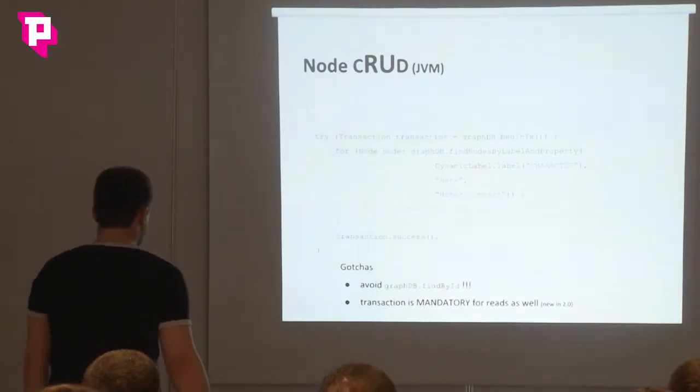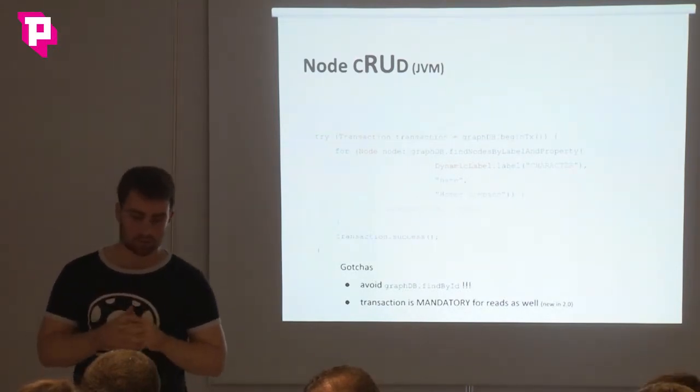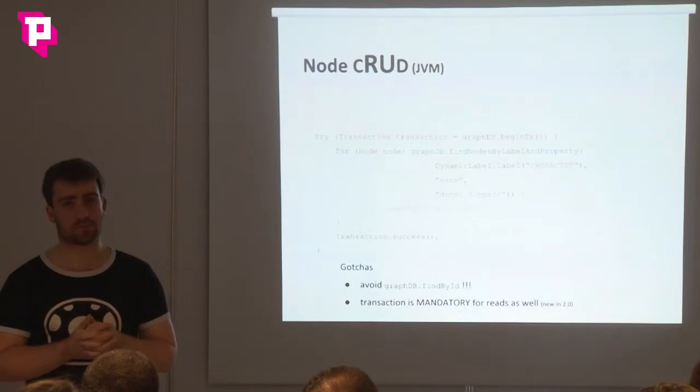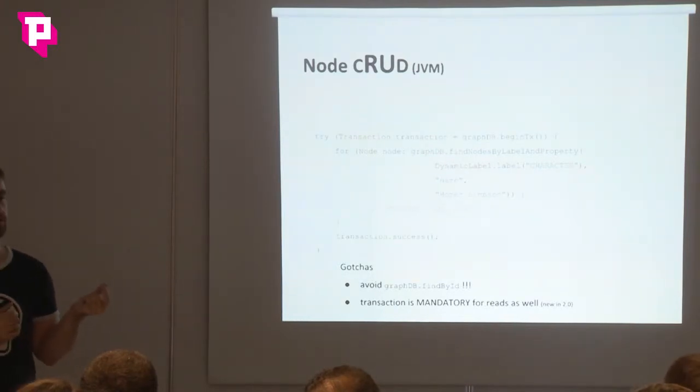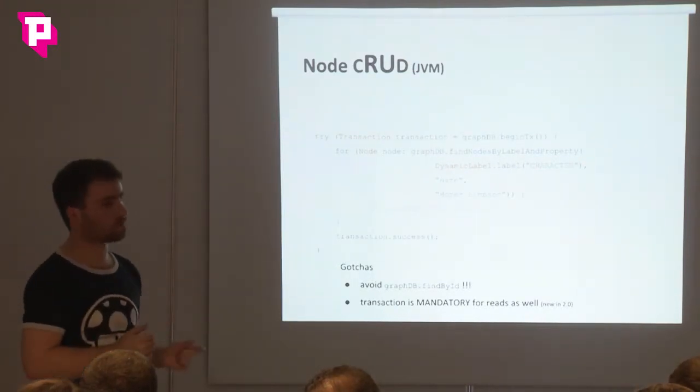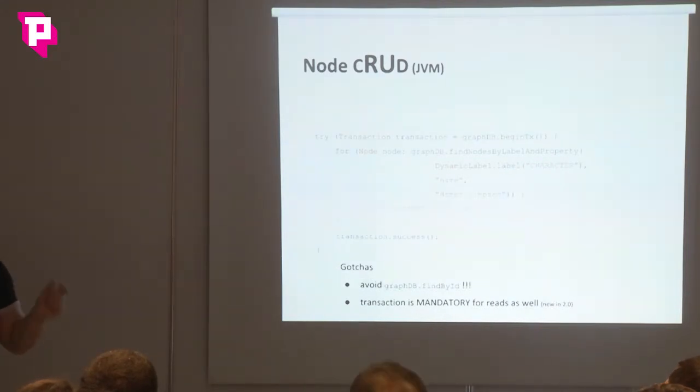One very important thing, whatever the language you're using, avoid at all costs find by ID. It's still very present in the documentation, but as I showed you, the graph on this is basically what is an ID. It's not an identifier, just an offset in a physical file, and they can be recycled. So at instant t, ID1 can be attributed to Homer Simpson. Instant t+1, because of recycling, it could be another node. So don't store technical IDs like that.